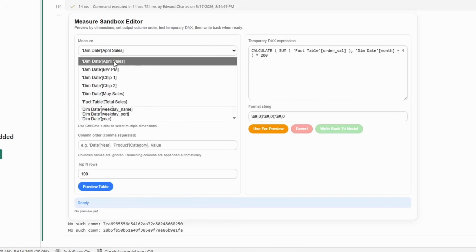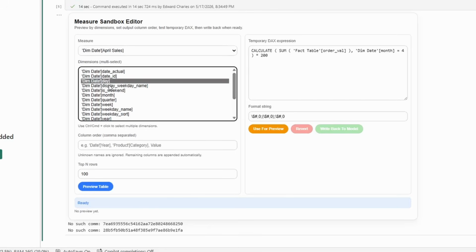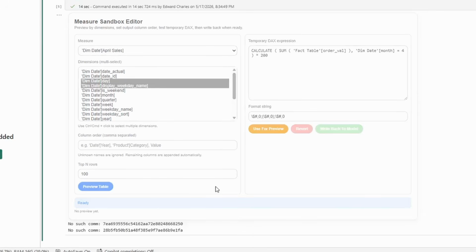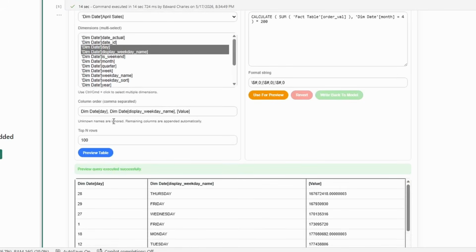As you can see, I can select a measure, I can select a few date dimensions, and I can go ahead and hit preview table. And what it'll go ahead and do is execute a DAX query. I can change the order of the results of that DAX query, right, by separating commas and changing these around,